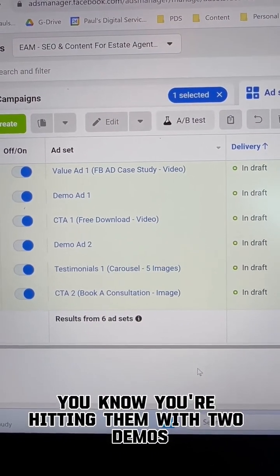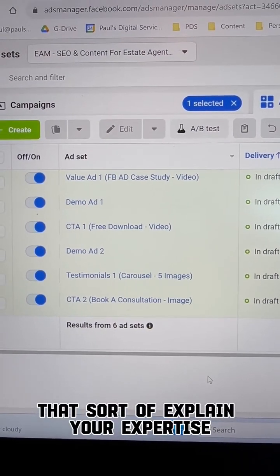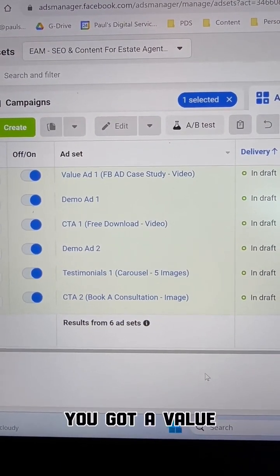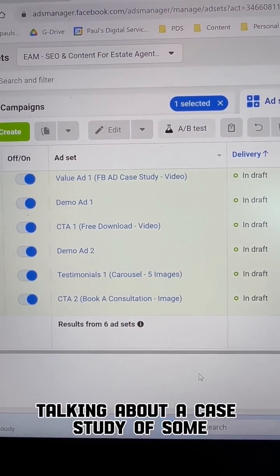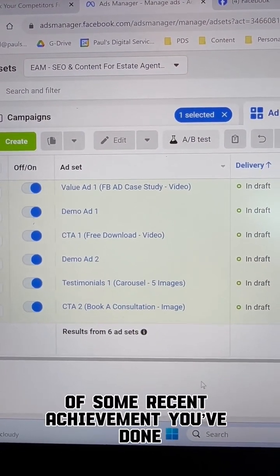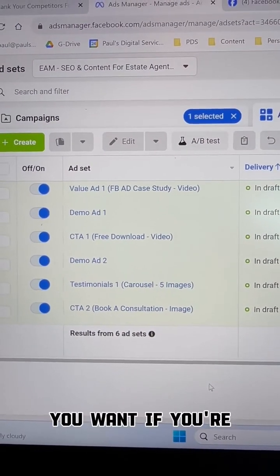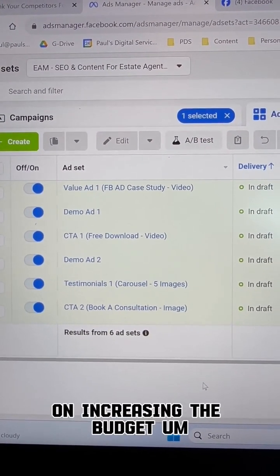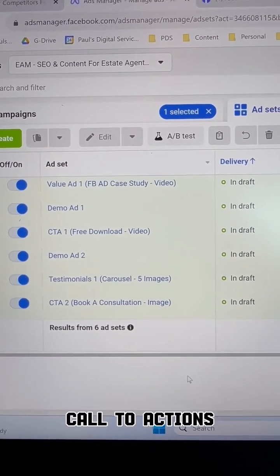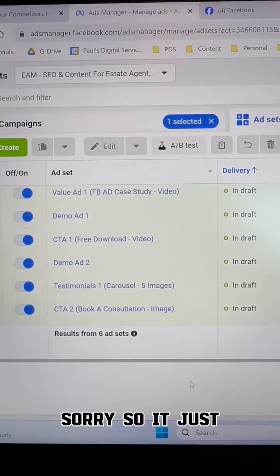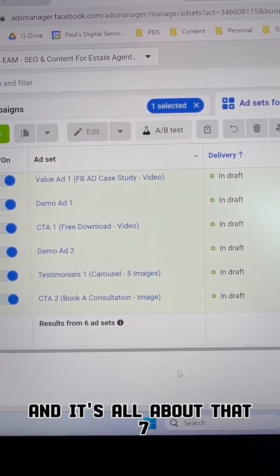You're hitting them with 2 demos that sort of explain your expertise. You've got a value add, which is basically you talking about a case study of some recent achievement you've done. You've got a testimonial. Obviously, add more if you want, if you're prepared on increasing the budget. And then call to action. So it's just ongoing, you know, and it's just going to grow and build momentum. And it's all about that